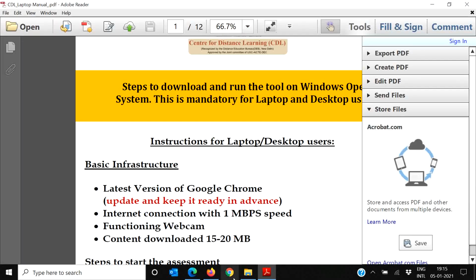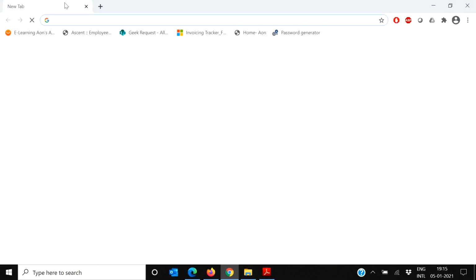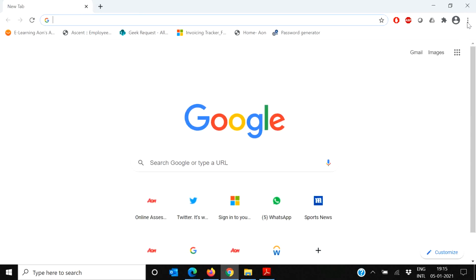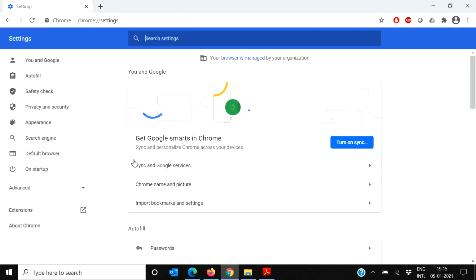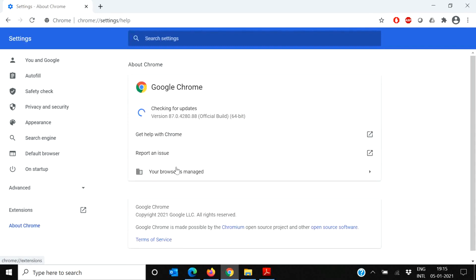So what you need to do is open your Google Chrome browser. Then you need to go to the settings from here. So come here, click on settings and click on this option, About Google Chrome. So I'll go ahead and click. When you click this, the system will check the version of Chrome, and if it shows you a tick mark, that means your Google Chrome is up to date. If it is not, it will show you an option to update. All you have to do is check your internet connection and click on update. It will automatically update to the latest version.